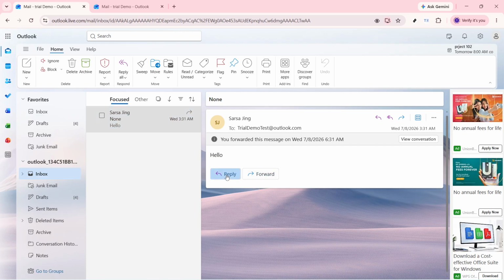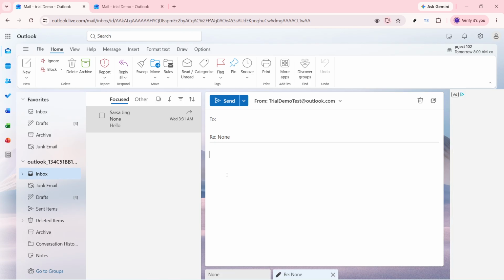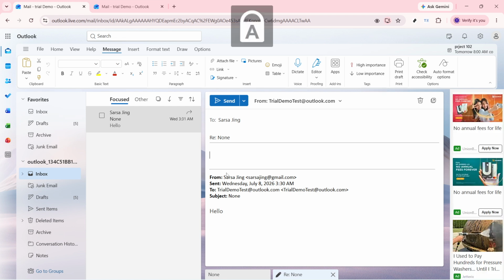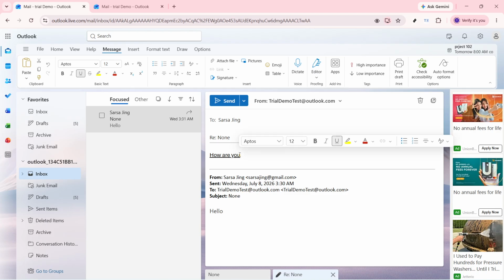Using reply is helpful here because it opens the formatting tools you need while keeping the original email in view for context. Now, type your message and then highlight the specific text you want to emphasize. To do that, click and drag your cursor over the word, sentence, or section you want to format. Make sure only the exact text you want highlighted is selected before moving on, because the formatting will apply only